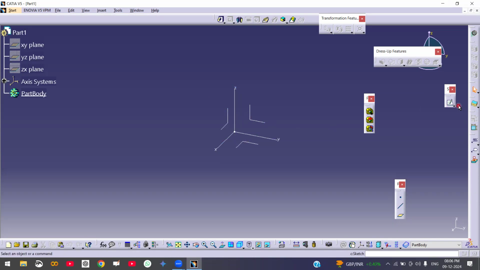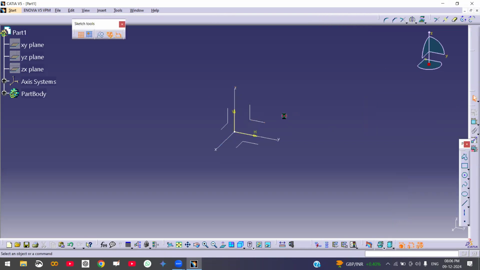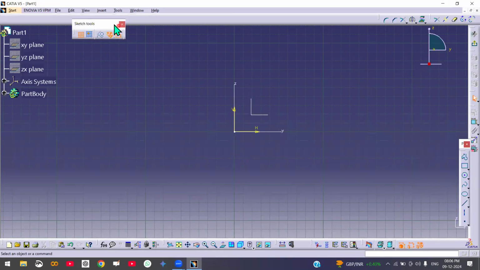Here you have to go to the sketch. This is the Sketcher, and select any plane from here, this or this. I select this plane. This is the 2D workbench where we are going to see the lines and the 2D geometries like lines,